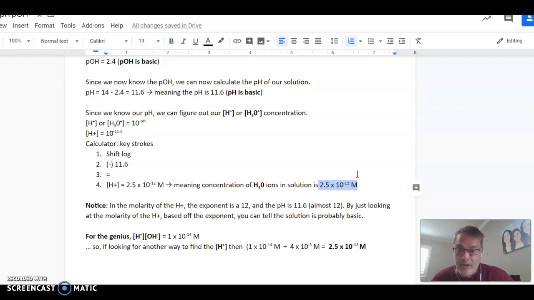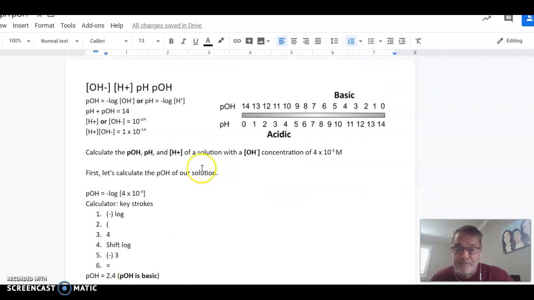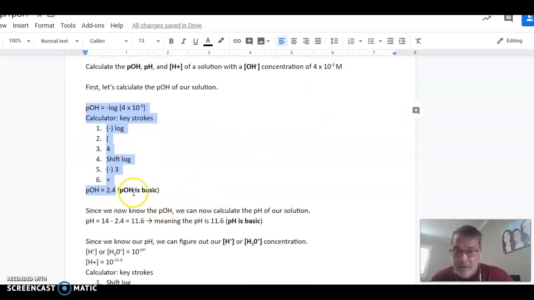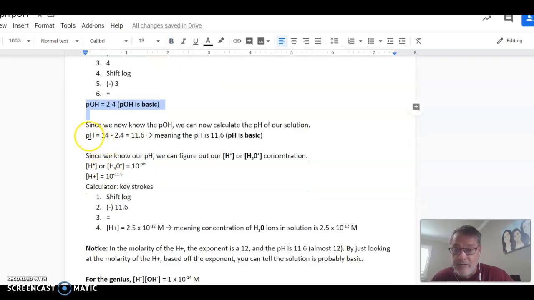So let's sum all of this up. We figured out our pOH by doing all of this, and we found out our pOH is 2.4, which is basic on the OH scale. Since we now have our pOH, which is 2.4, we now can figure out our pH because it's the difference. They both equal 14. So our pH is 14 minus 2.4, which gives us